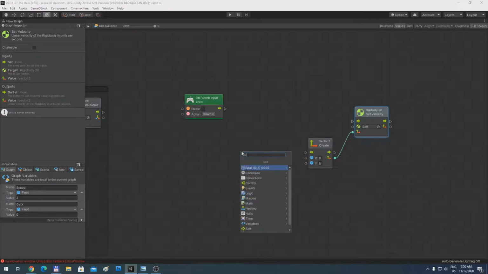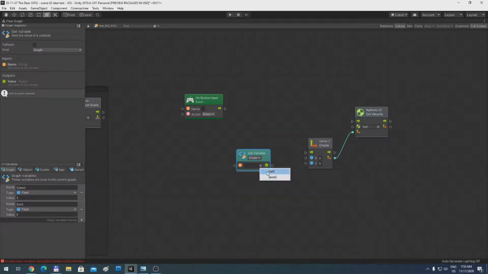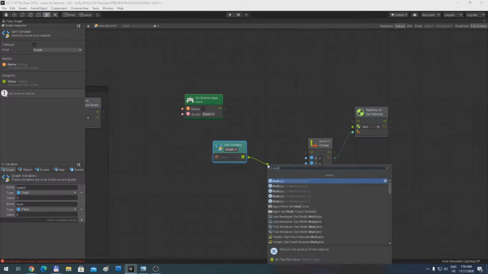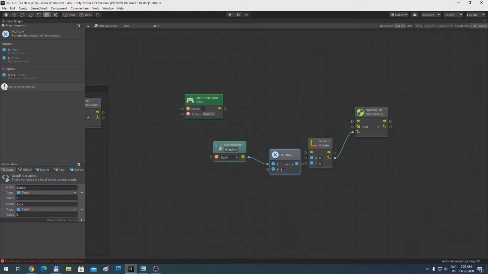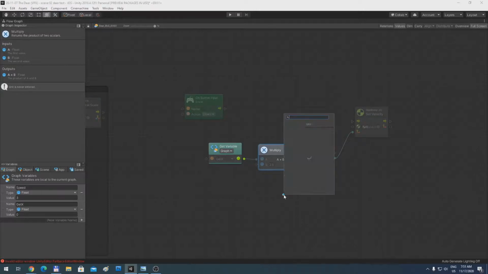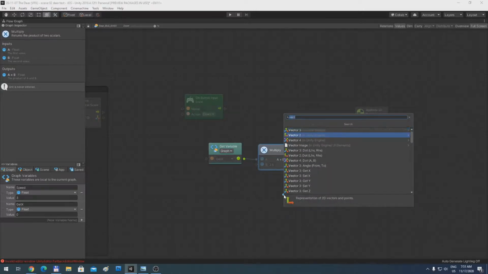So let's again get variable, graph variable, and that's the get x, y, and we want to multiply its color. Let's multiply by 2.5, something like that. That looks okay. This is going to be our xy input, and the y is again going to be vector 2,